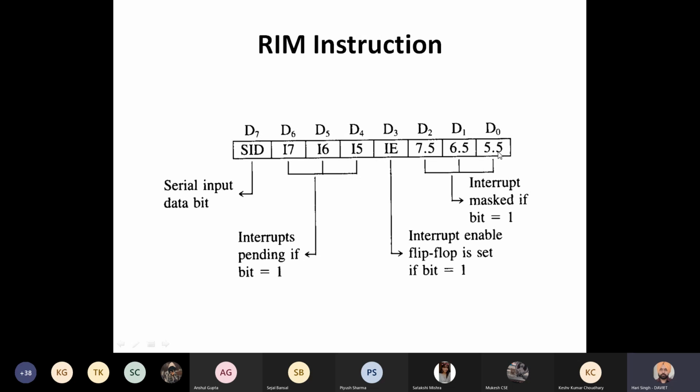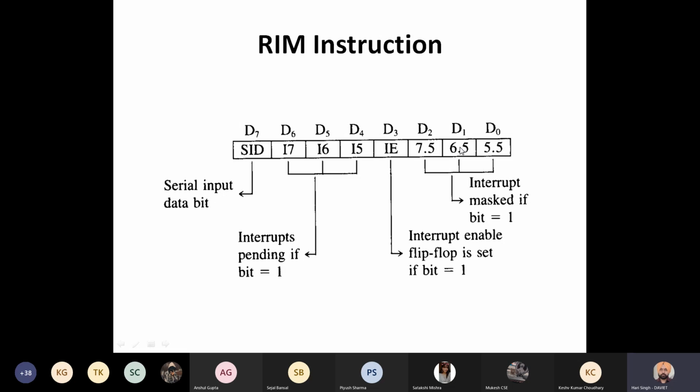So if the contents of accumulator are 1, 1, 0, it means 5.5, 6.5 interrupts are masked, and masked means disabled. So 1 came here, 1 came here, it means these two interrupts are masked.